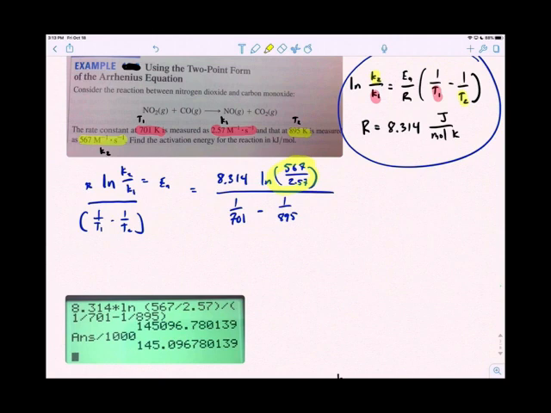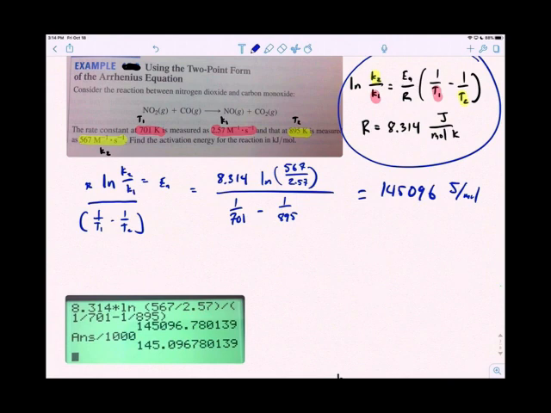So I'm expecting this to be a really big number. I put it in my calculator, and yes, I do see it's a big number. So this equals 145,096, and the units are joules per mole, because R is 8.314 joules per mole Kelvin, and